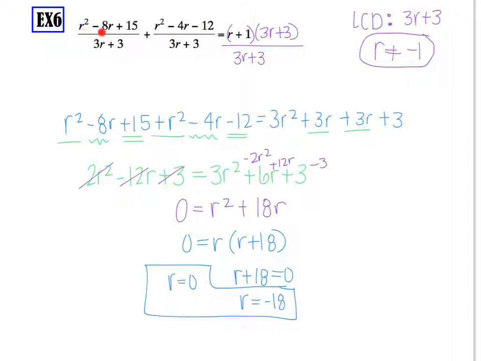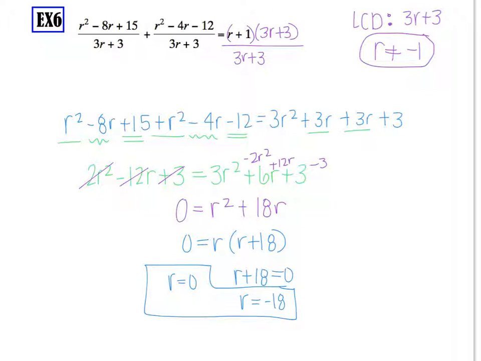So these pieces on the left-hand side of the equal sign, I just literally brought down r squared minus 8r plus 15 plus r squared minus 4r minus 12. And then over here, I started distributing and multiplying out. So r times 3r is 3r squared, r times 3 is 3r, 1 times 3r is 3r, and 1 times